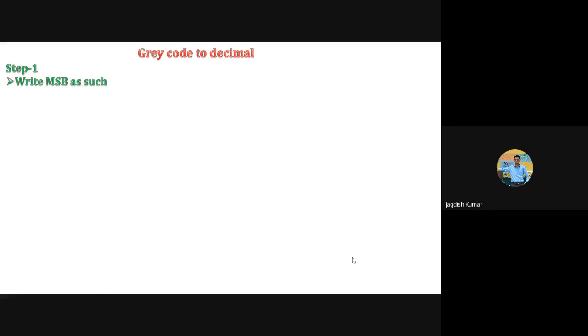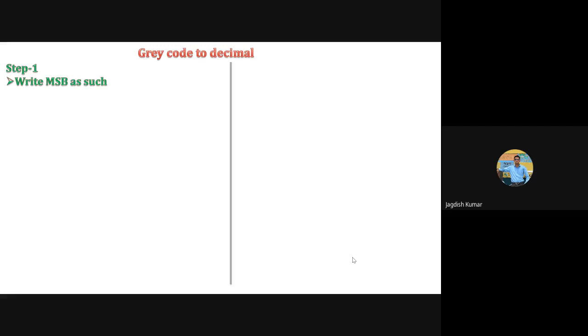This also is simple, and we have to follow a few steps. The first step is that if some number has been given in gray code format, you have to first find its binary form and then convert it back to decimal form.